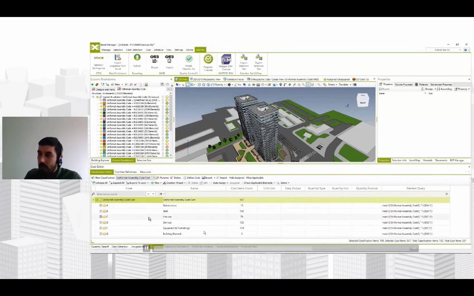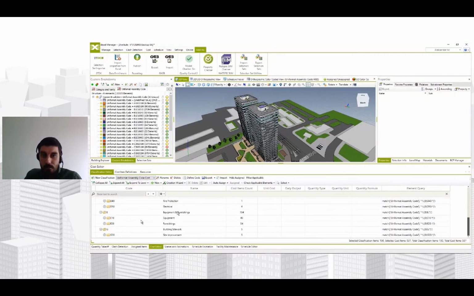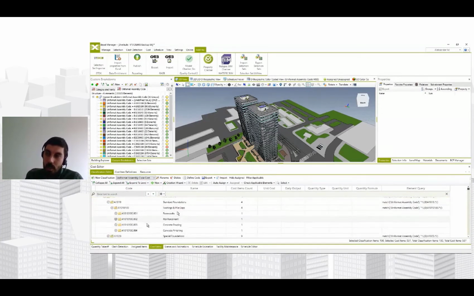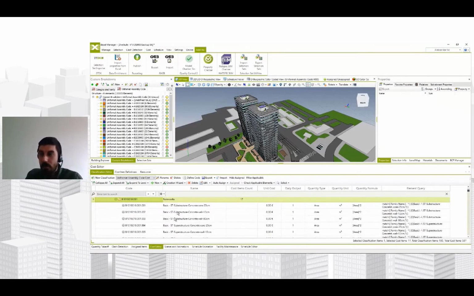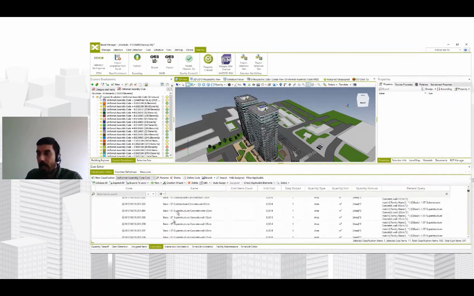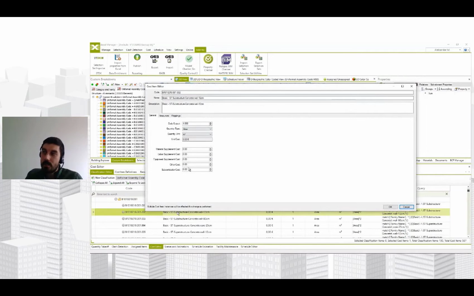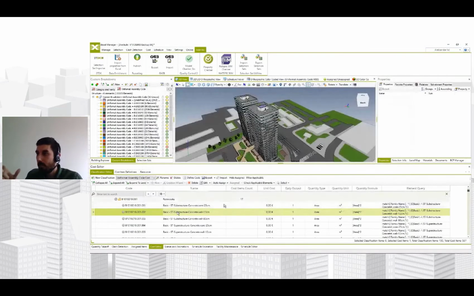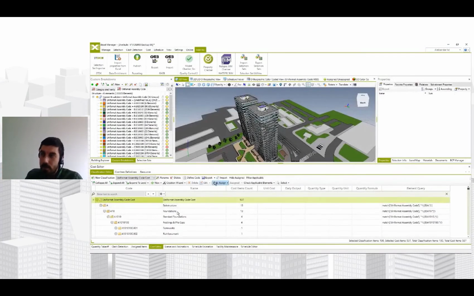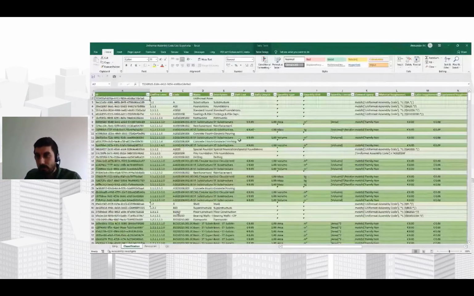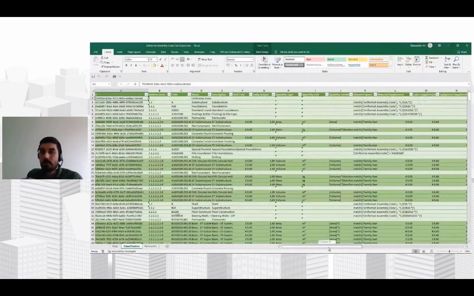You also have all the names and descriptions that were introduced from this knowledge base, from this simple Excel file that says, okay, whenever you encounter a certain code, just add this description. You have these sub-activities populated automatically for the specific groups of works that require them. And on the last level, you have the family names that will differentiate different activities. You have proper rules of measurement defined, and you also have the ability to export this cost classification to Excel to even further fine-tune